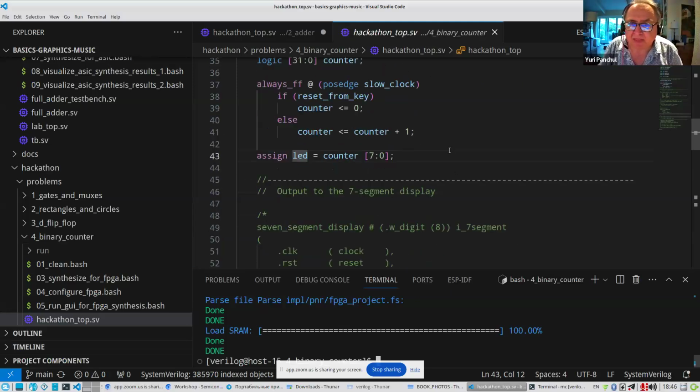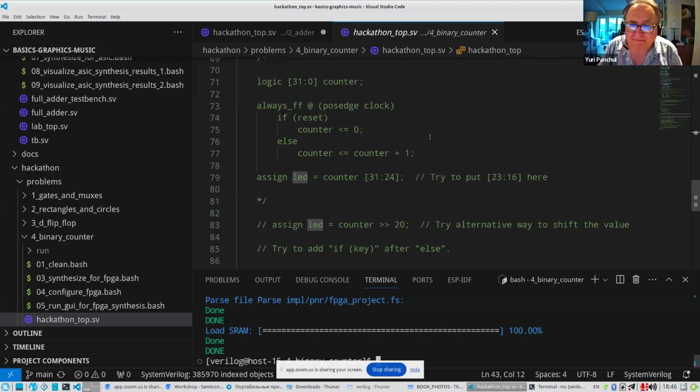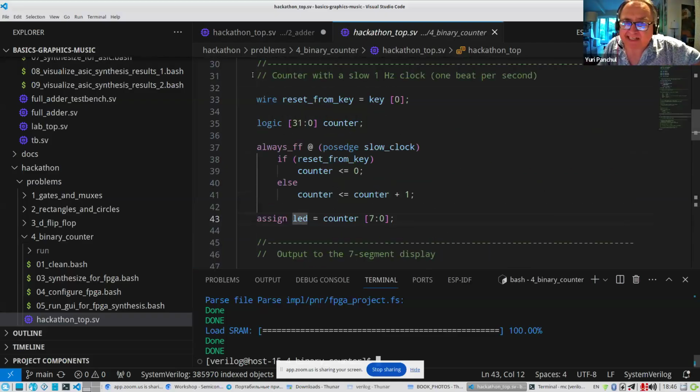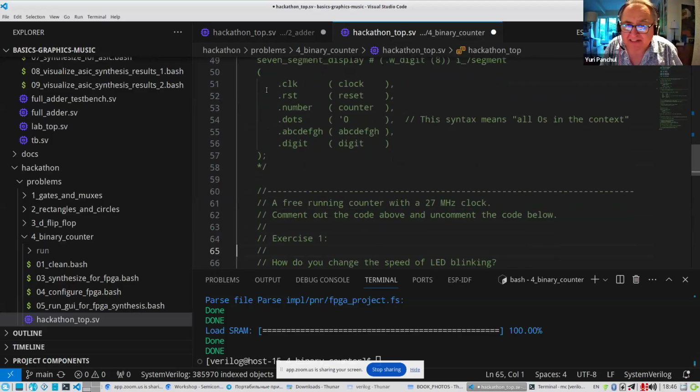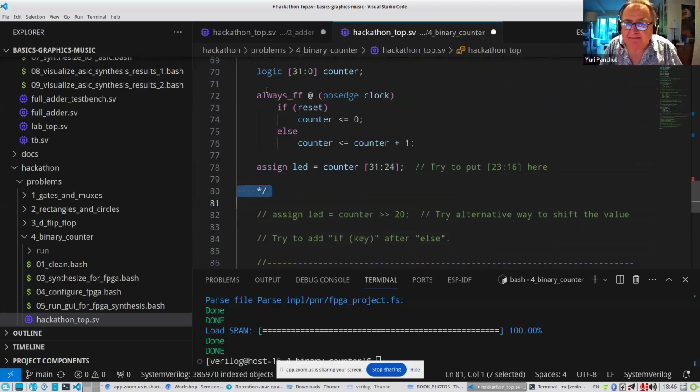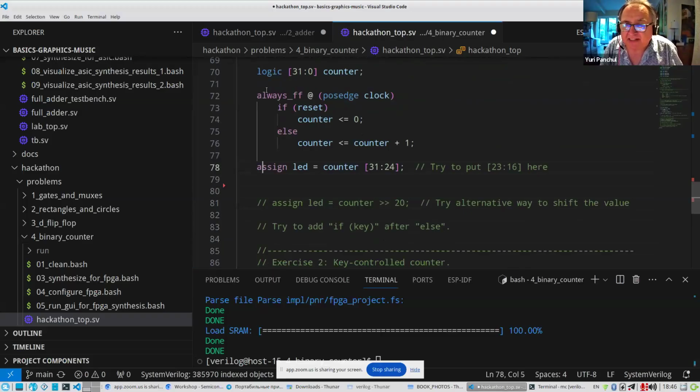In order to do this, what we can actually do is, if we try to use just a clock directly, so if you try to change the flip-flop just by using a regular clock, and if we, let's say, put here LED equals counter 70, this will blink too fast and you will not see anything because the clock is running too fast.